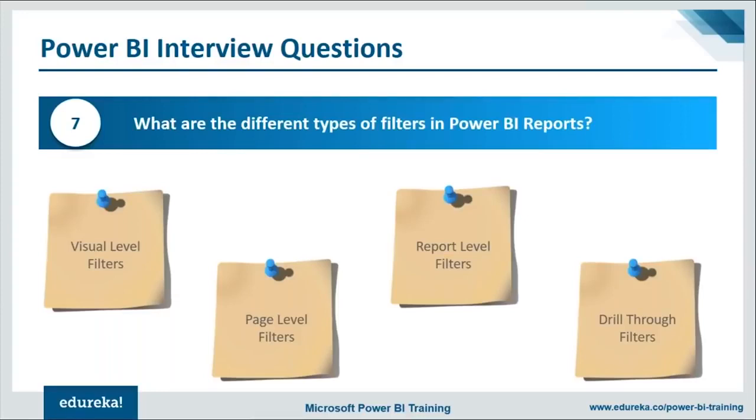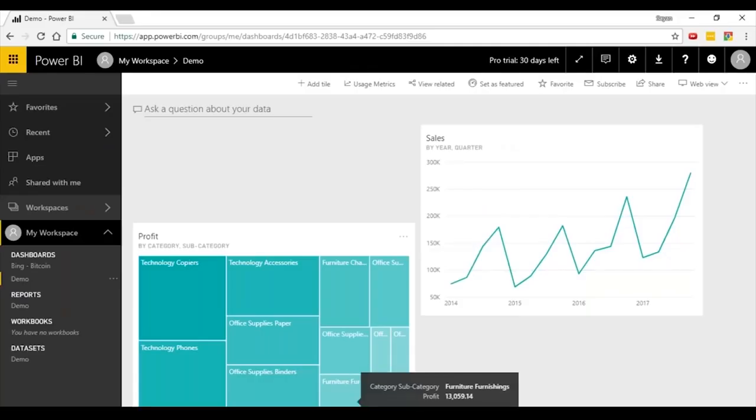So visual level filters are present only at the visual level. You can think of it like a report level filter. It's present only in a particular type of report, a particular type of chart. Okay. So when you come back to the desktop and take a look,